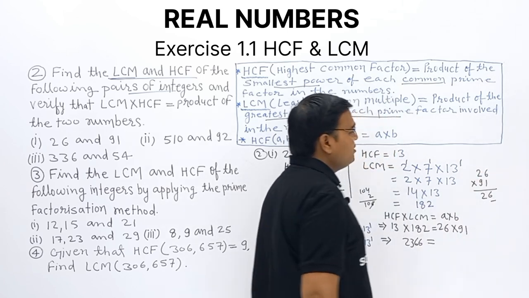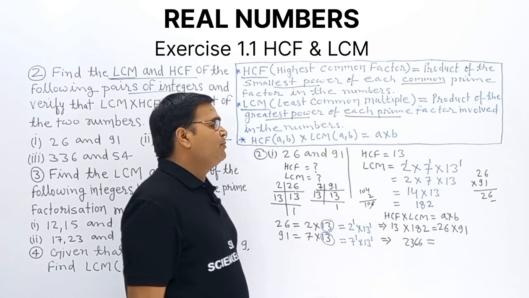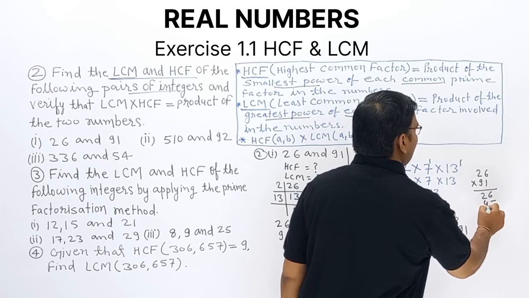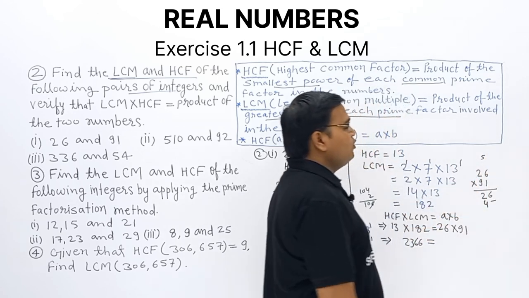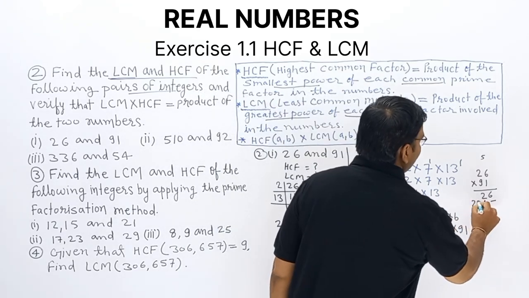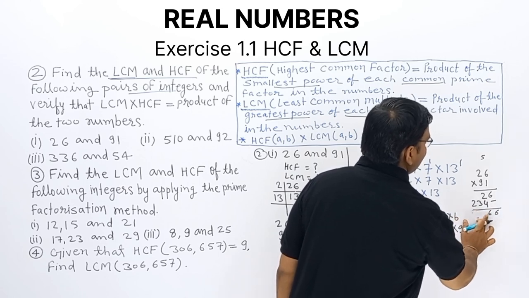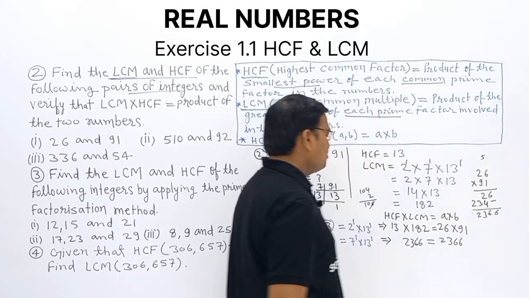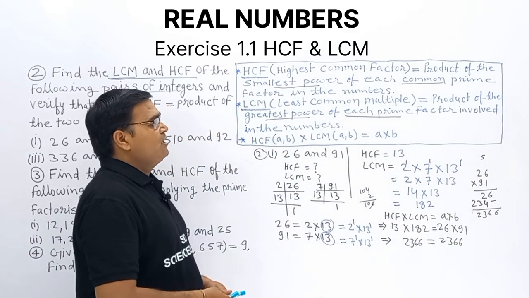Now 9 sixes are 54, 4 will be there, 5 is remaining. 9 twos are 18, 18 plus 5 is 23. Yes, the result is the same. This is 2366. So left hand side is equal to right hand side, so we can say HCF is 13